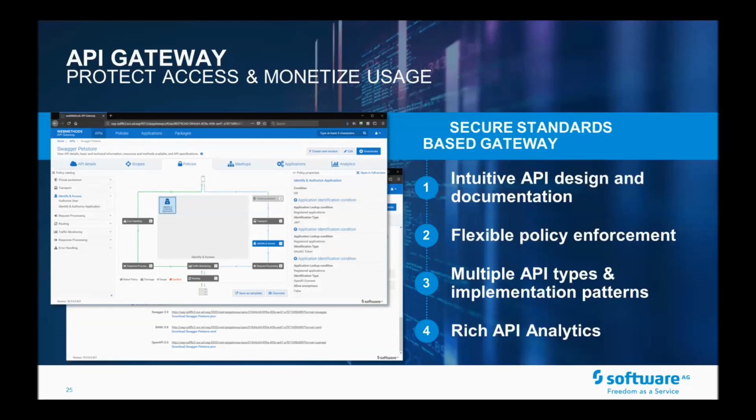Also bringing you information about how your APIs are being used, if at all, so that you can make informed decisions about creating new versions, retiring the versions that are no longer used, or maybe retiring the APIs that are not used at all. Of course, API Gateway comes with tons of technical features about API security, API protection, traffic management, all this stuff with support for different types of APIs, REST, SOAP, WebSocket, OData. All this stuff is there.